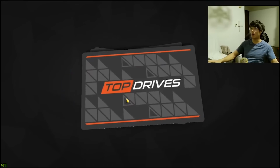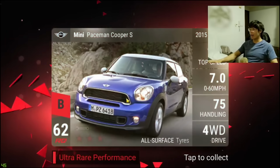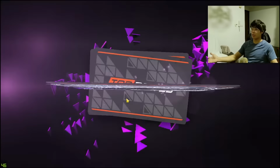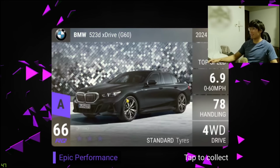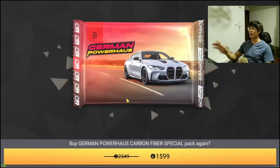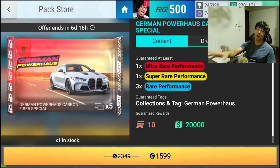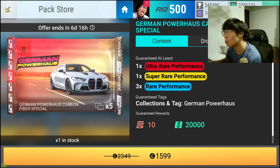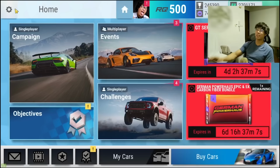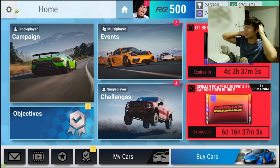Okay, 5 of those ceramic packs, and we only got like one new super rare. Oh man. Okay, still nothing new. It's an epic. You know, I talked about it in my Discord server. Knowing my luck this year, I said that when the new update drops, I'm gonna get no legend for the first 3 weeks. I'll get 3 epics, but all 3 of them are gonna be RQ 72 to 65. So that's 1 out of 3 so far. But anyway, that's a brand new update. I'm looking forward to see what else I can unpack from this one. My luck isn't very good, but